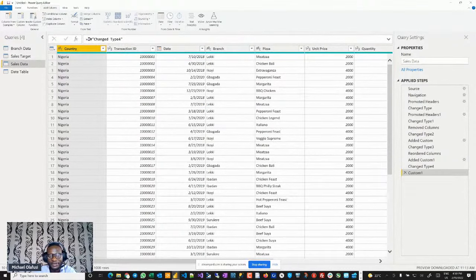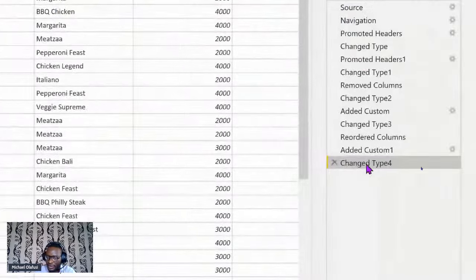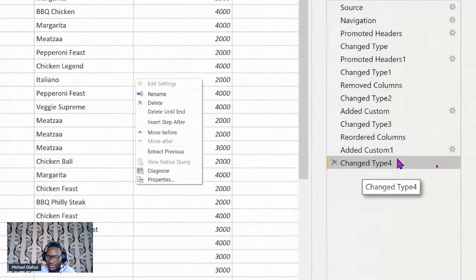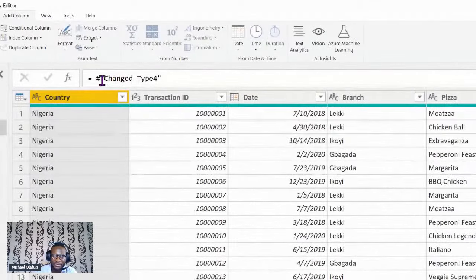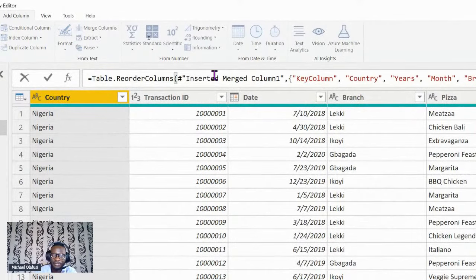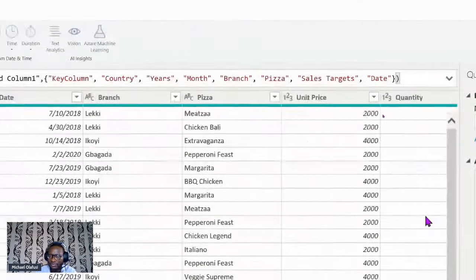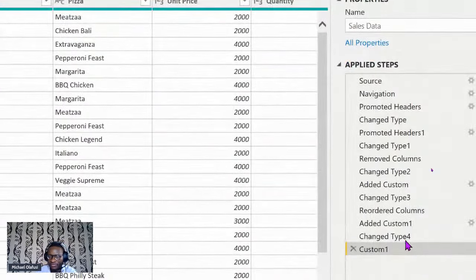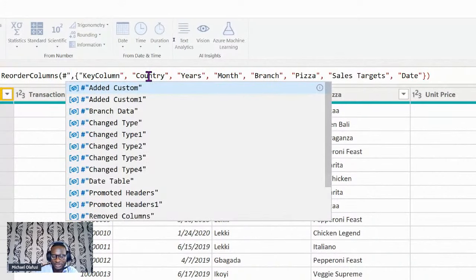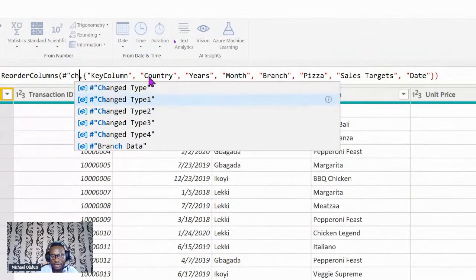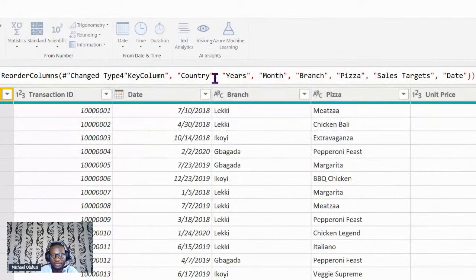Let me repeat what I did. I came here, I right clicked, and I said add a step, insert step after. So now this creates a new step. I'm going to just fix that. Now this step is supposed to reference change type 4. So I need to tell it that it's referencing change type 4.